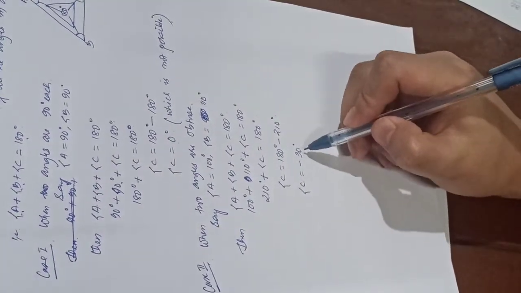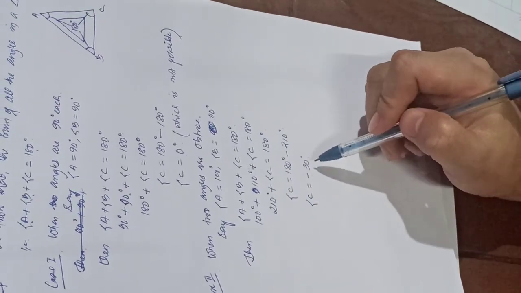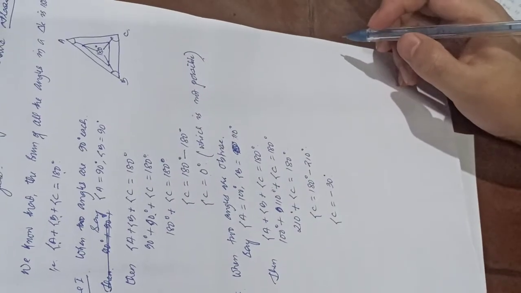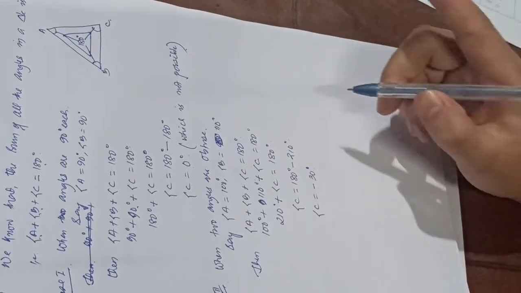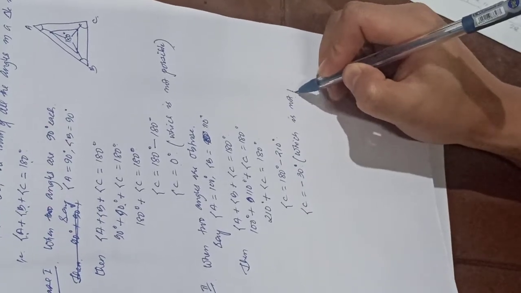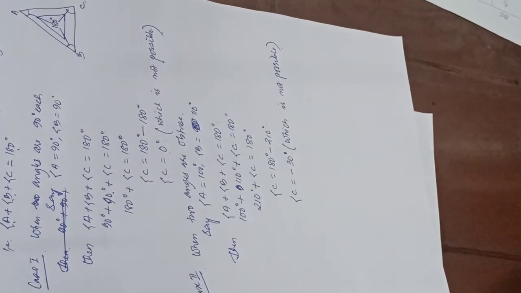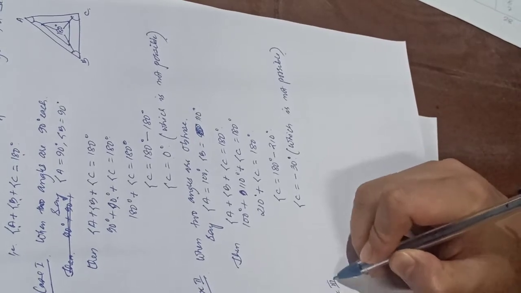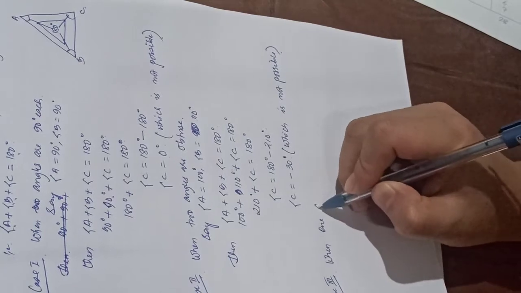So again, you see here the third angle that you found after calculating, when two angles are obtuse, is negative, right? So do you find any angle in a triangle to be negative, that is minus? No, right? So again, this is not possible, because no angle in a triangle will be negative. So now again, let's take another case, that is case 3. When one angle is